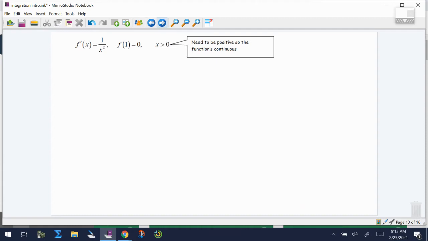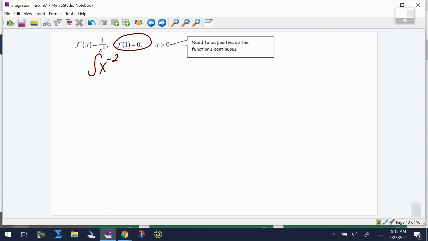Here's one that's written in a rational form. Again, anytime you have a rational form, you want to write it with a negative exponent. They present the initial condition a little differently. The number that's in parentheses, that would be your x value. The number after the equal sign, that would be your y value. And the reason they tell us that x has to be bigger than 0,